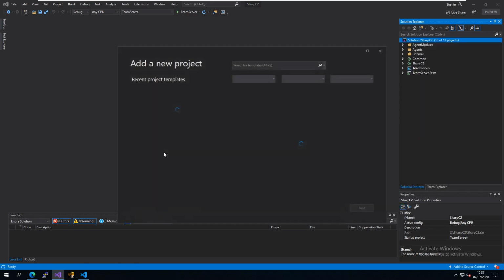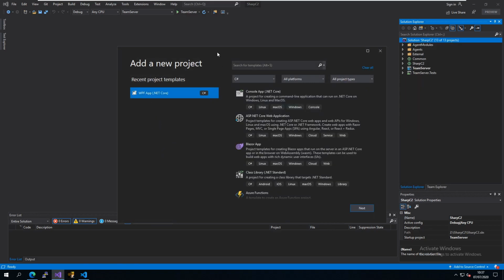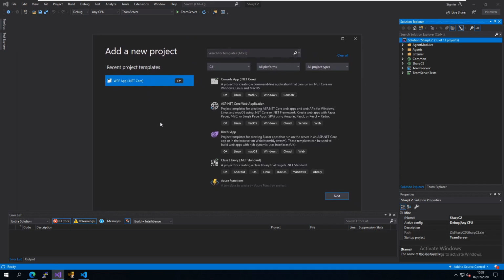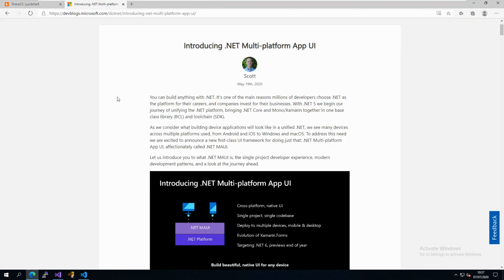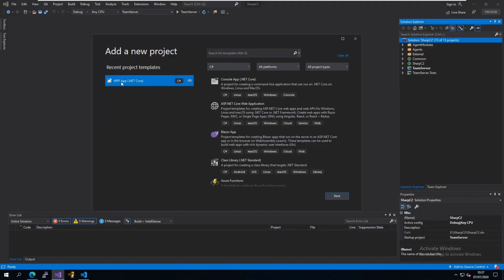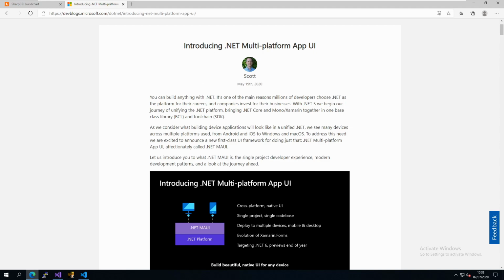And the type of project that I'm going to build is actually a WPF application. Now, as per my obsession with .NET 5, even though this is a WPF app based on .NET Core, it's not actually cross-platform. You can't run WPF apps even in .NET Core on Mac or Linux. But in .NET 5, they are moving towards this multi-platform app UI. So with .NET 5, we will be able to create, it says .NET 6 here, but the evolution of .NET 5 and .NET 6 will be able to do proper